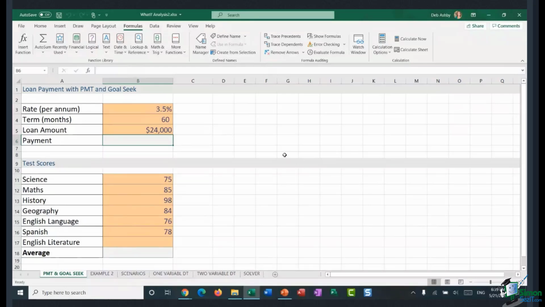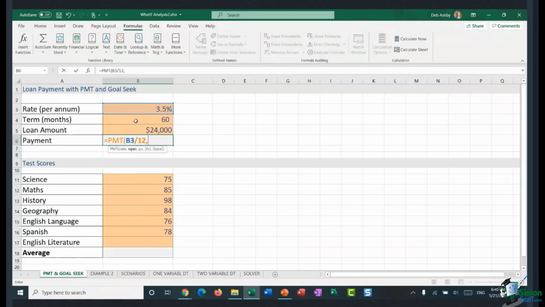So we're going to use the PMT function. So I'm going to type in equals. I'm going to type in PMT and open my bracket. Now you can see underneath I have my arguments. So the first argument this function requires is rate. So looking at my table above, you can see here is my rate, cell B3. Now one thing you have to be aware of here, if you're working out a monthly payment, it means that all of your input has to be monthly. So this rate is per annum, so per year. So what I need to do is divide by 12 to get that rate per month, comma.